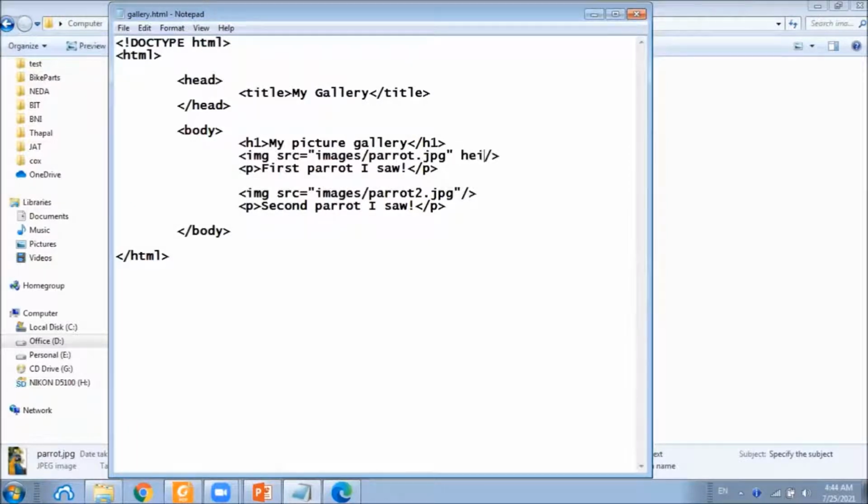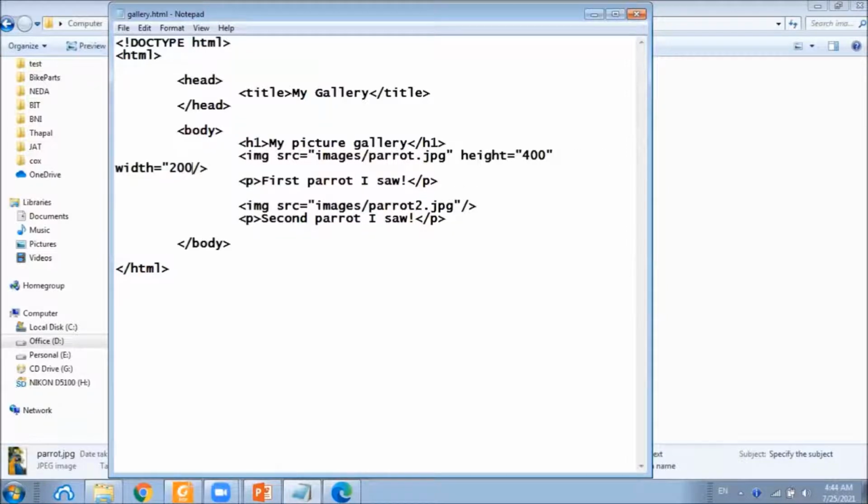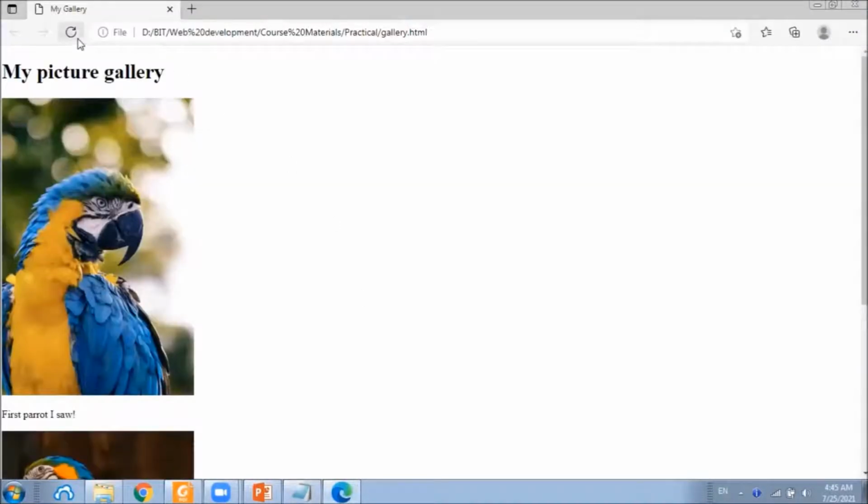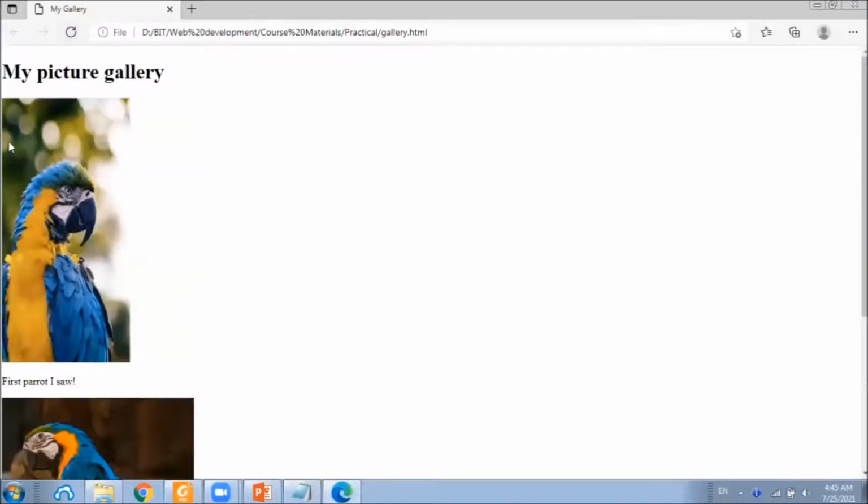For an example, height 400, width 200, and we can save and open from the browser, and it's resized.